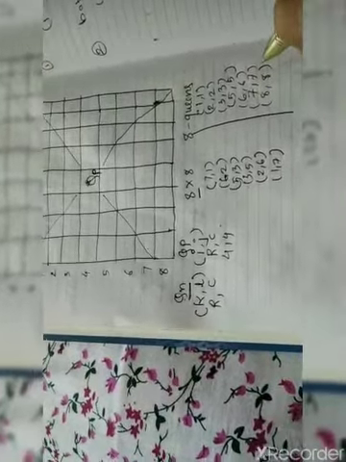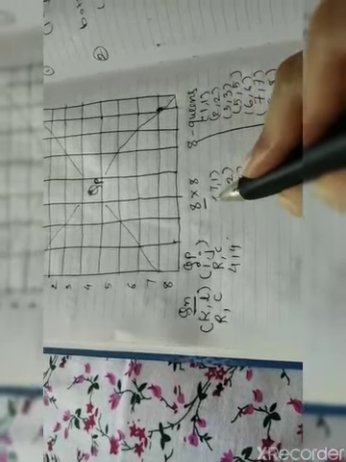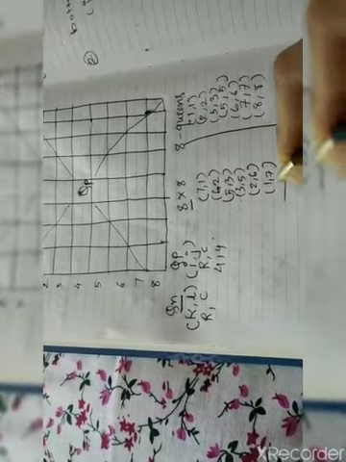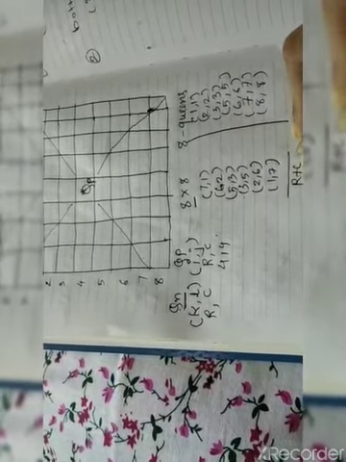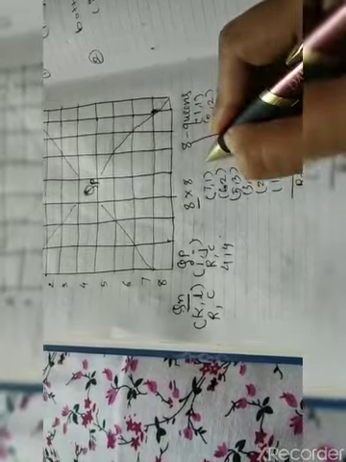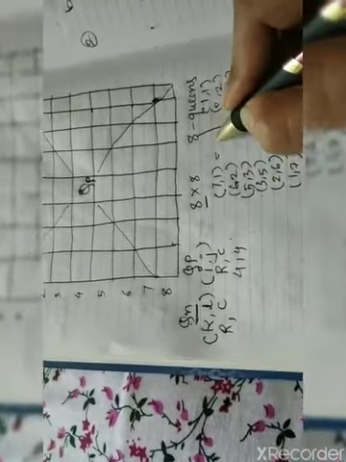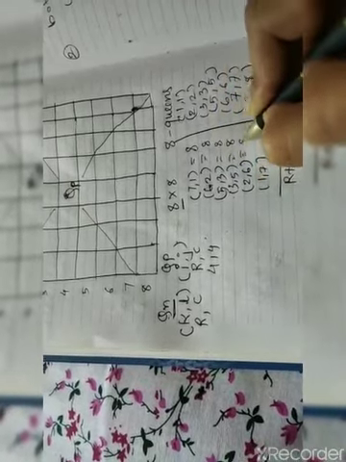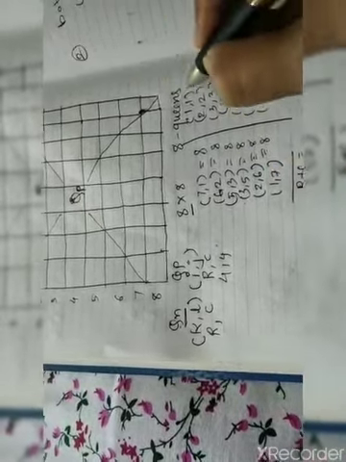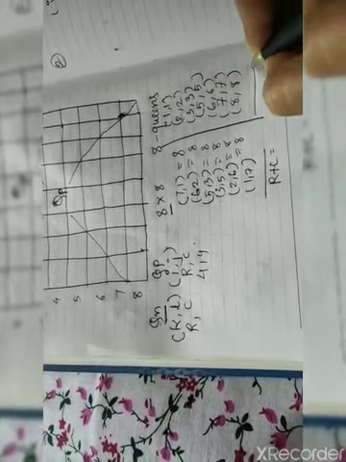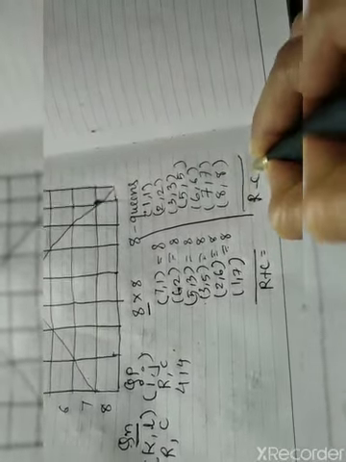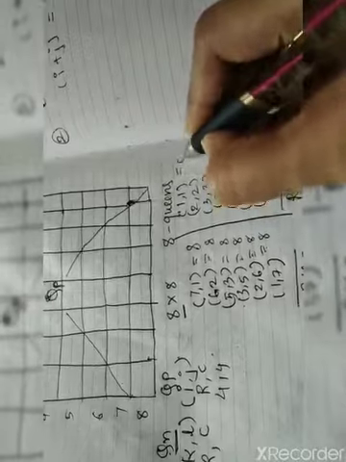Now if you observe these pairs, there is a speciality: if I add them together, that is row plus column, the value for all the pairs is the same, that is 7 plus 1 is 8, 6 plus 2 is 8. And here I am going to perform row minus column, so that the value is going to be the same.